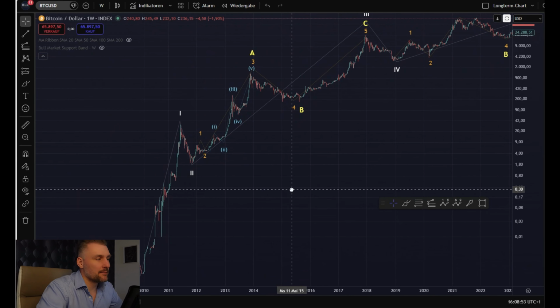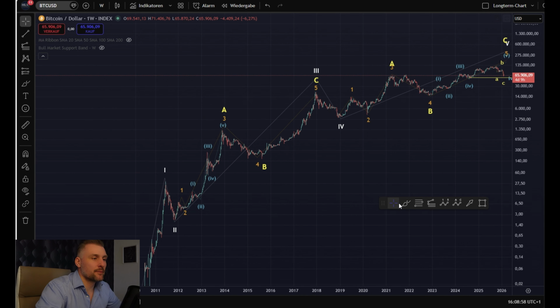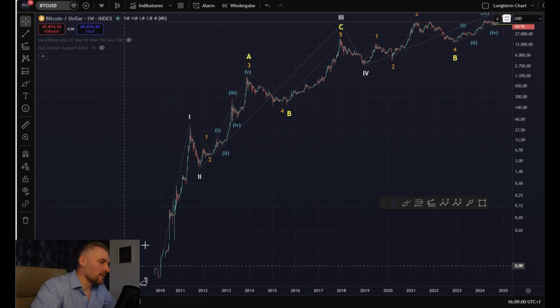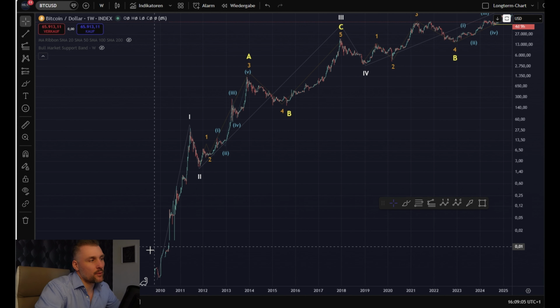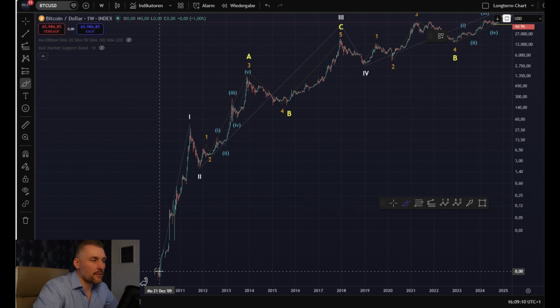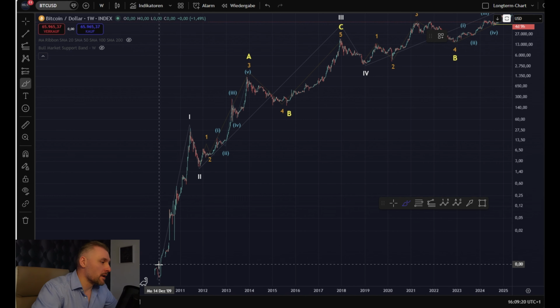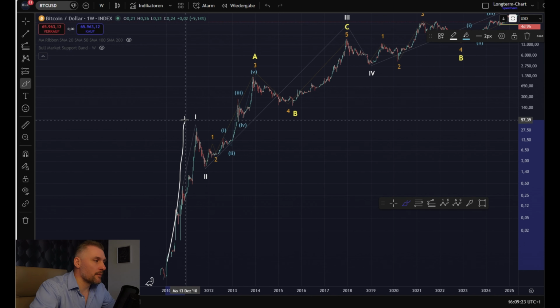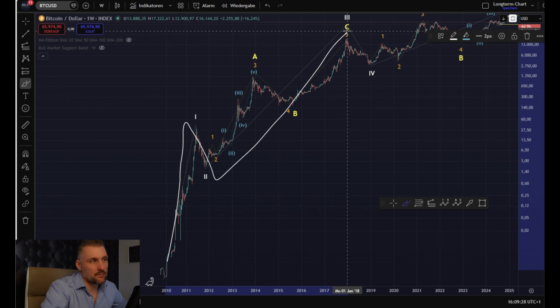And when it comes to the Elliott waves now, my current view on the macro level is that if we can count this year as a structure or as a wave, I will count this year as a wave 1. It's not really clear if it's a 3-wave structure or 5-wave structure. A wave 1 can be a 3-wave structure or a 5-wave structure, but I will count this here as a wave 1. So we have a wave 1 in white, wave 2, then a wave 3.